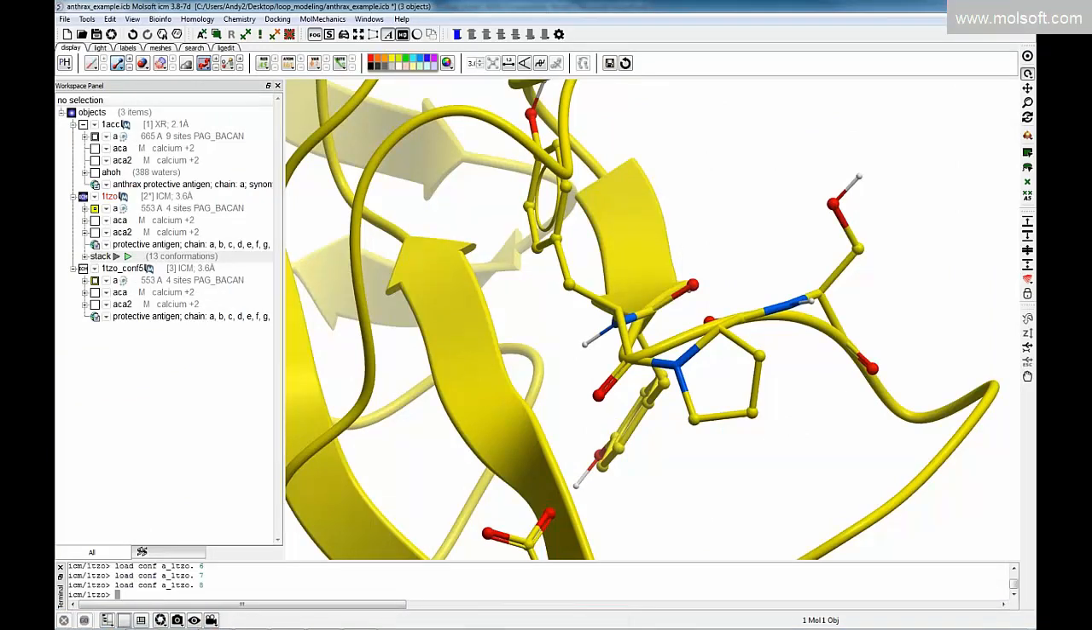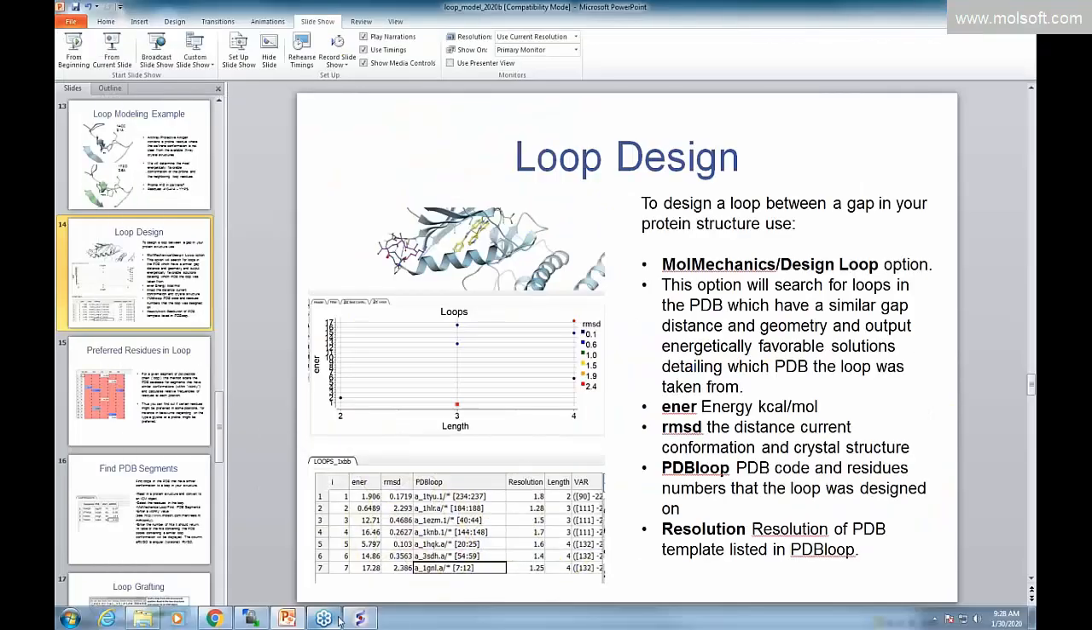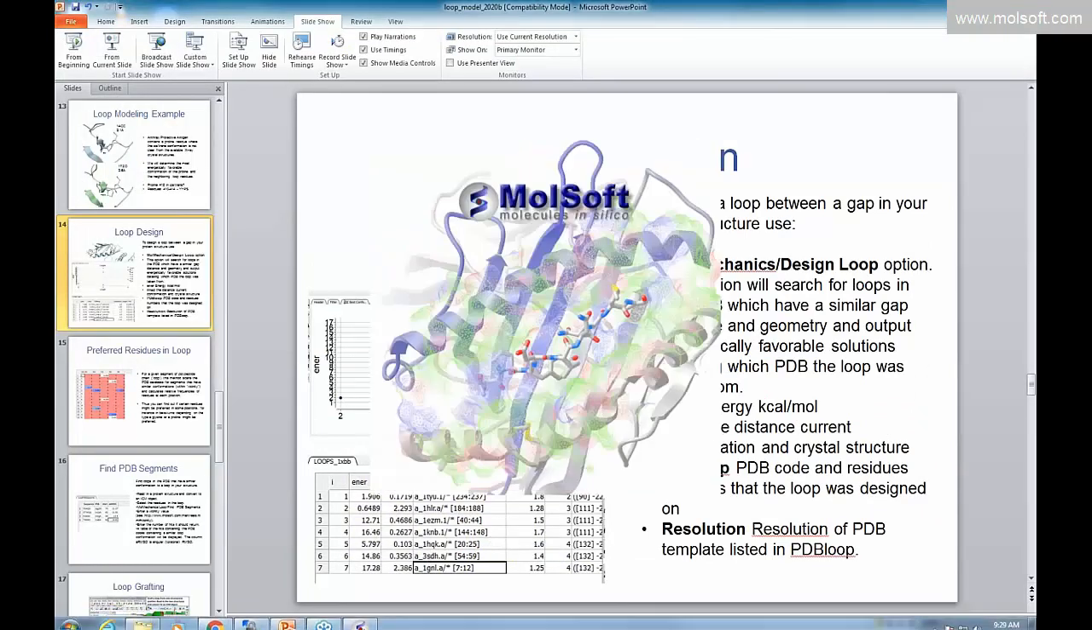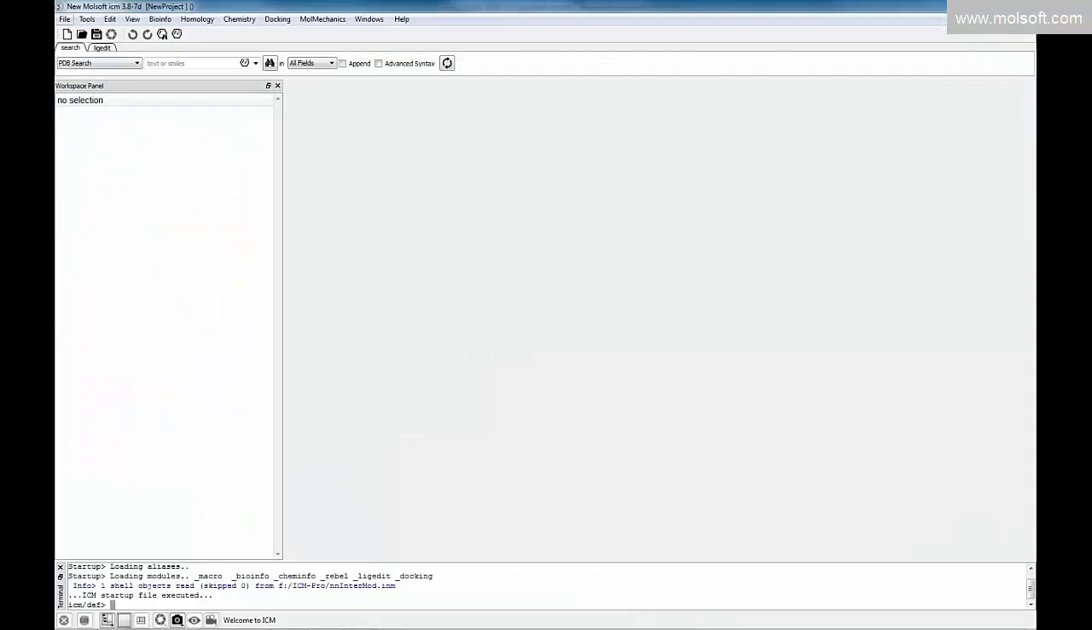It's going to close. It's going to open a new instance of ICM. Go File,